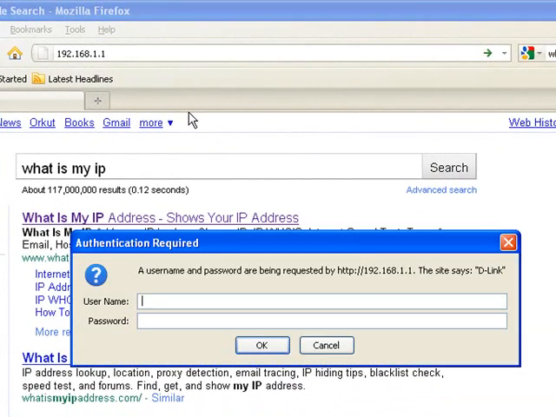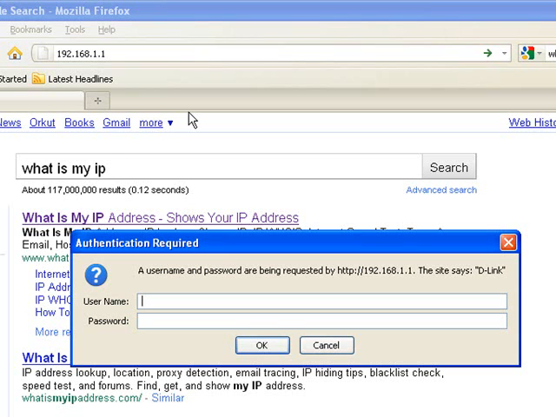Your modems or your firewalls, your gateway device, GUI interface, and you can do port forwarding on this device to open ports for web server, that is port number 80, to open ports for DNS server, that is port number 53, and to open port for your MySQL server, that is 3306.